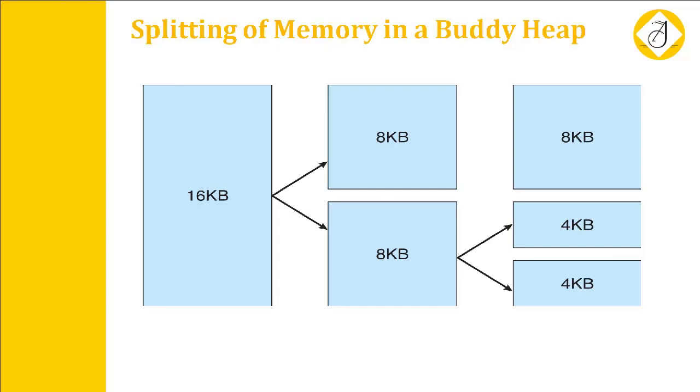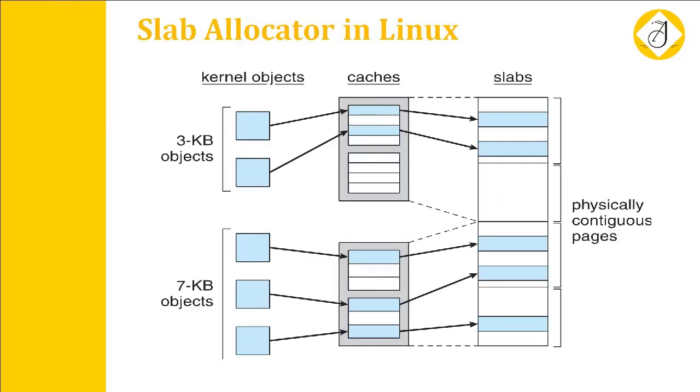So this is the example for a buddy heap algorithm. Here the entire block of memory will be divided into two partner regions, and if there is a request with a small memory size, then this particular block will be further divided into two smaller regions, and then the request will be satisfied. And then there is an example for the slab allocator. So this is how the pages will be allocated to the memory using the contiguous mechanism.